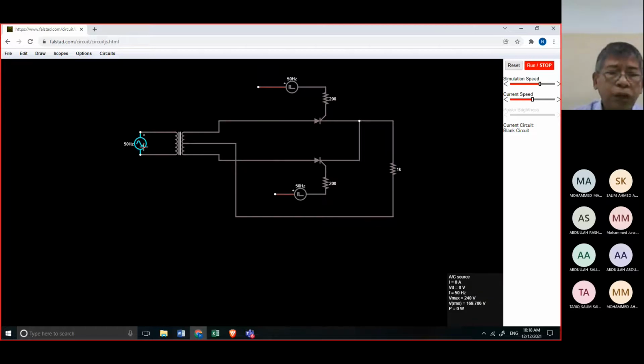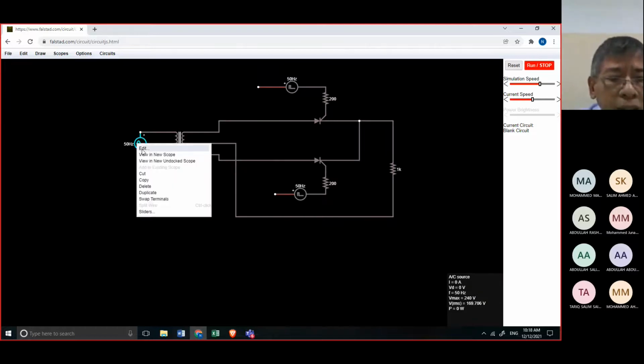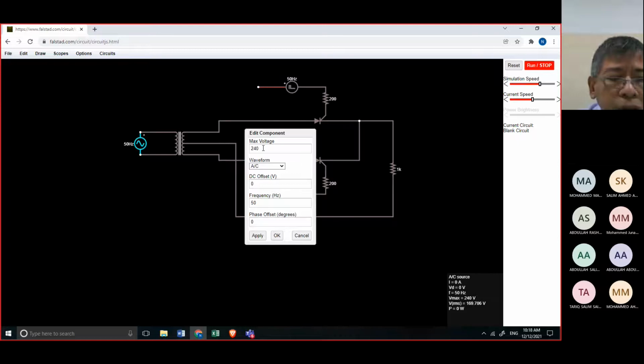So if this is our input, since our input is 240 here, and this is 50 Hertz, it means since this is center tap, considering that if this is the primary winding 240, in secondary it means this is 120 and then this is 120.